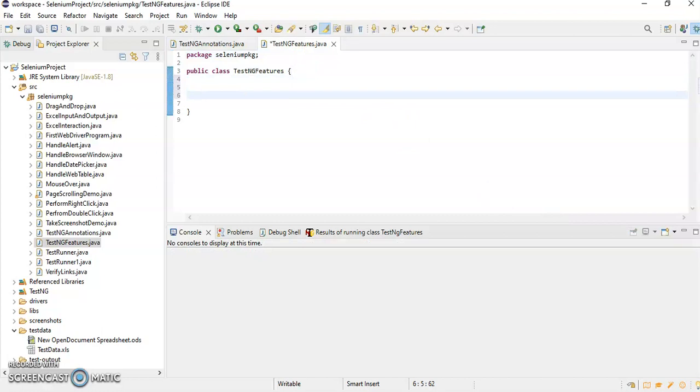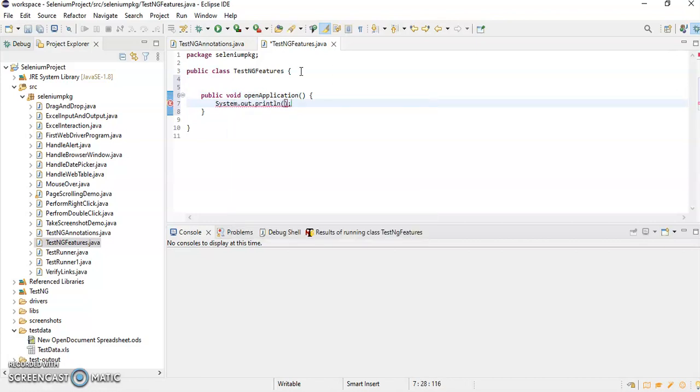So first I want to open the application under test. So I can write here public void open application, and here I'll give system.out.println, opening application under test.